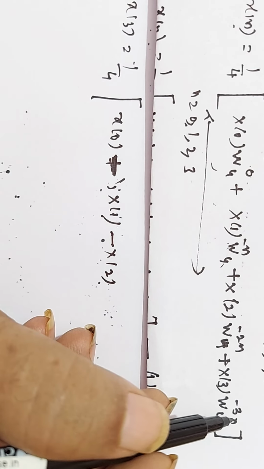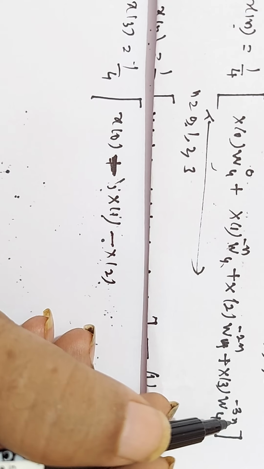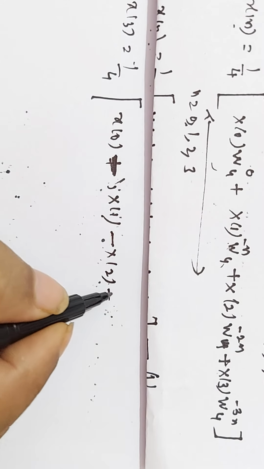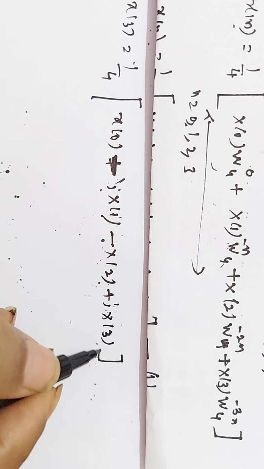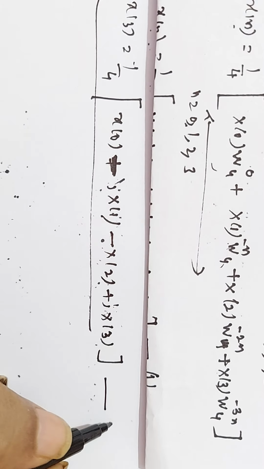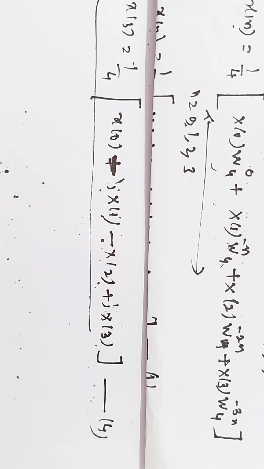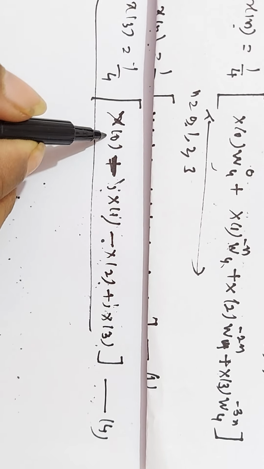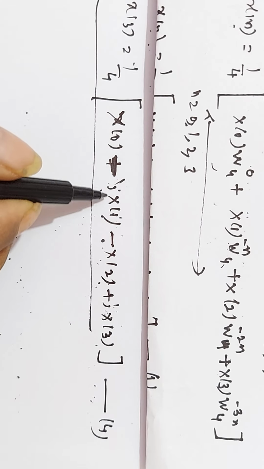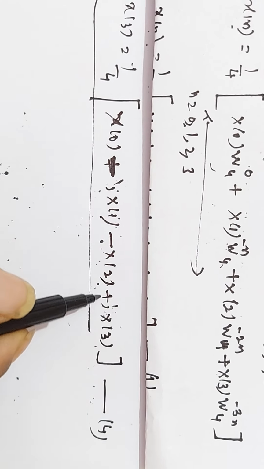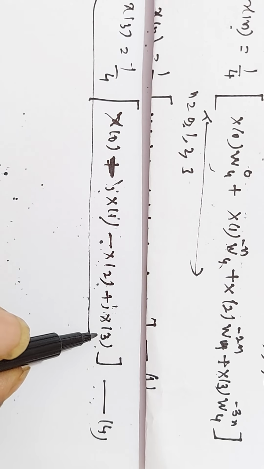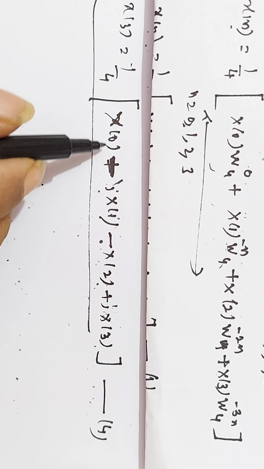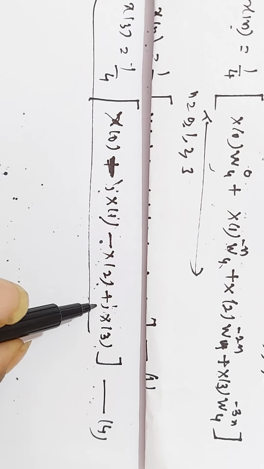So the ninth sample is also equal to the first sample. So W4^(-1). W4^(-1) is plus j. Plus j into X of 3 is j X of 3. This will give you the fourth point of the IDFT. Same, the only difference is, there you get small x of 0 plus j x of 1 minus x of 2 minus j x of 3 in the DFT. In the IDFT you get capital X of 0 minus j X of 1 minus X of 2 plus j X of 3.